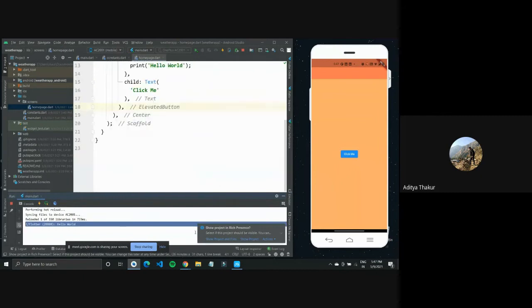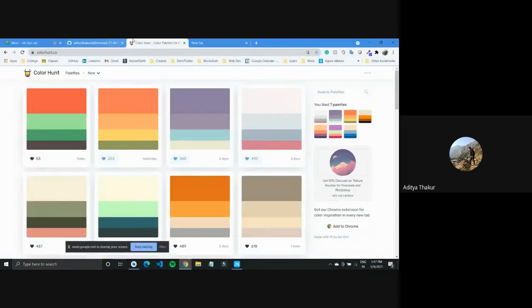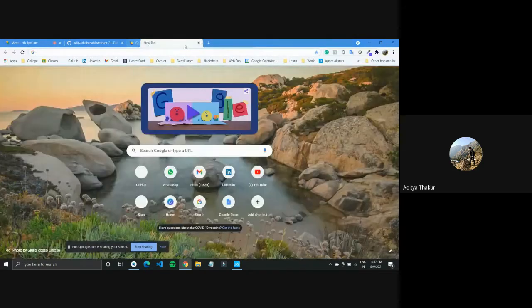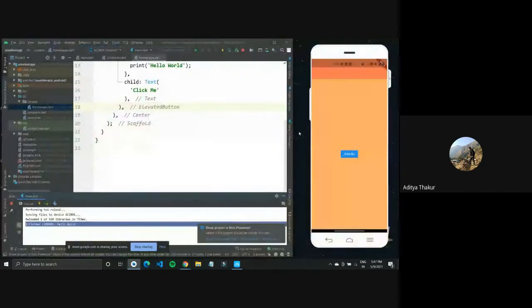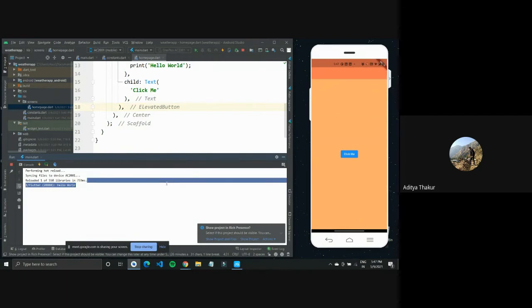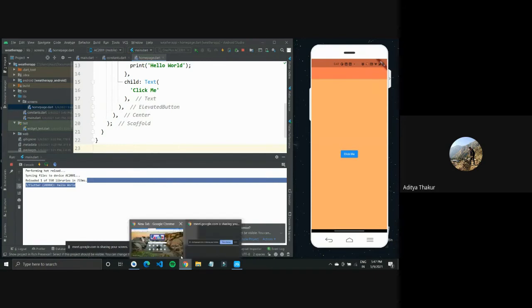What I want to show now is, after we have done this button, what we need to do is get started with our weather application. We need to first get the location of our device, as in we want to know where the user is using our application so that we can tell the weather for that particular place. So how do we do that?